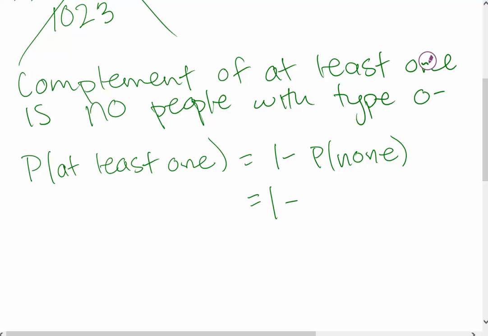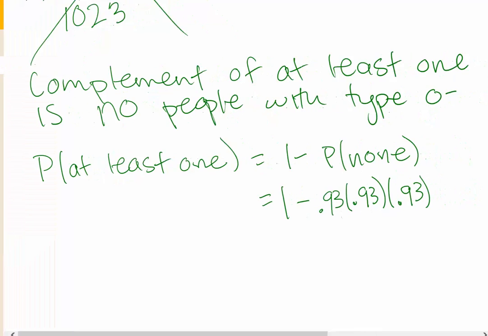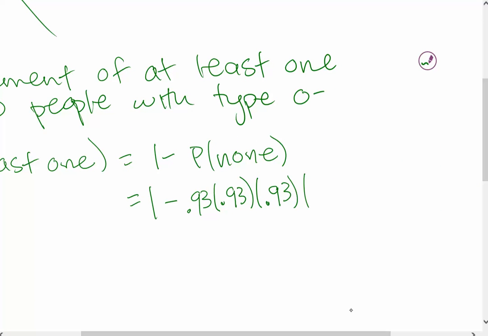But to do this, to find the probability of no people with type O negative blood, you need the first person to be not type O. Now, if there's 7% chance to get type O negative, then the probability of not type O negative is 0.93. But that's just for the first person. You also need the second person to have not type O negative, and the next person to have not type O negative, and the fourth person to have not type O negative, and the fifth person, all the way up